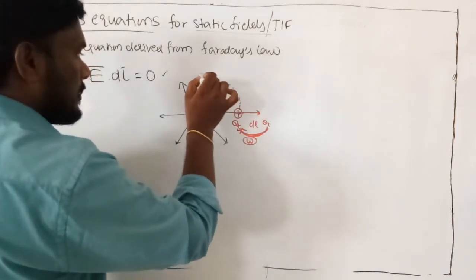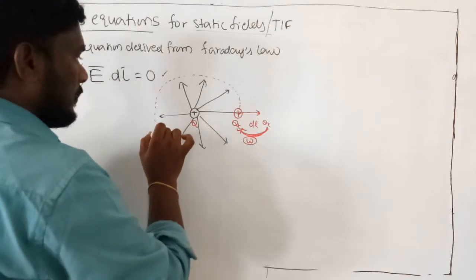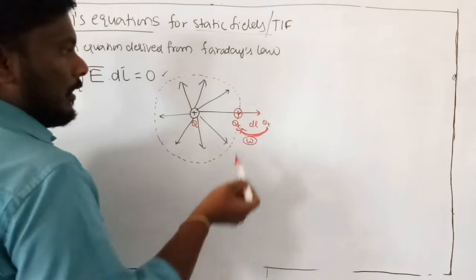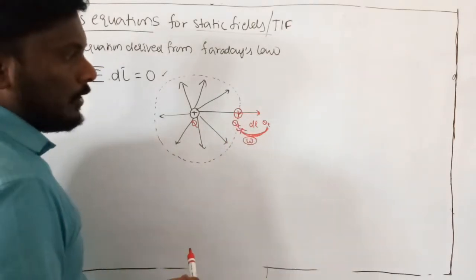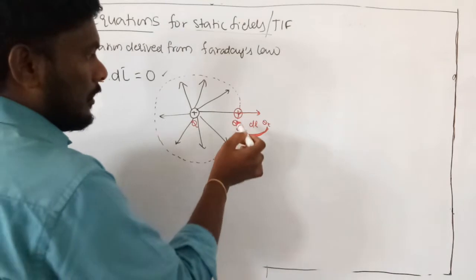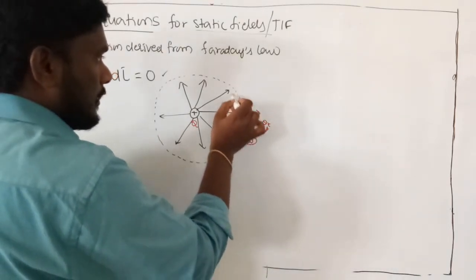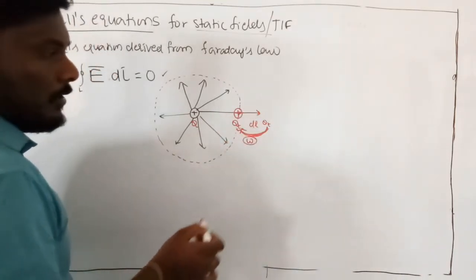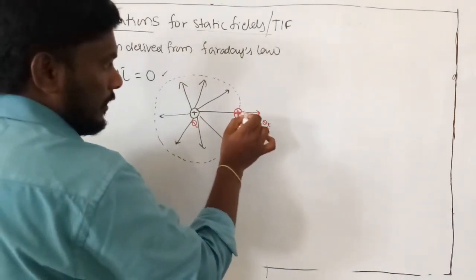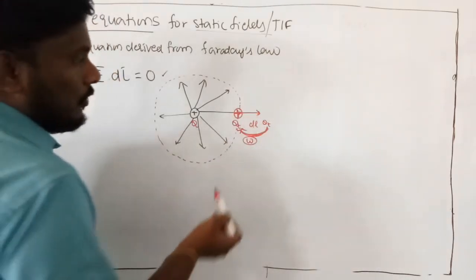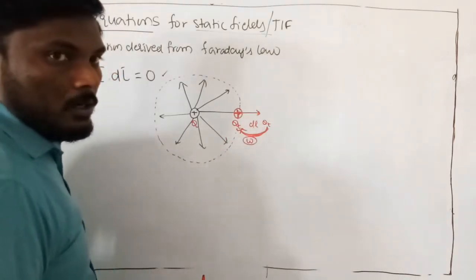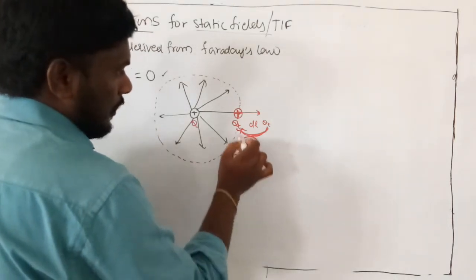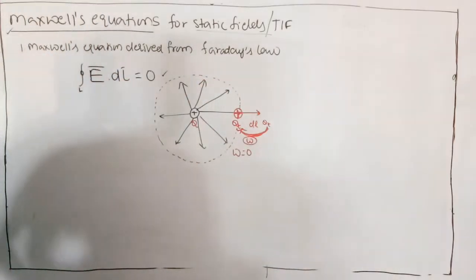Now see, suppose I want to move the same charge in a circular path like this, and I am bringing my test charge back to the same location. Please observe this point carefully. I move my charge in the circular path and keep it at the same position. Can you tell me, in this case is the work done or not? No, obviously work is not done here. So the work done on the test charge is 0 for circular paths. For linear paths, work is done.